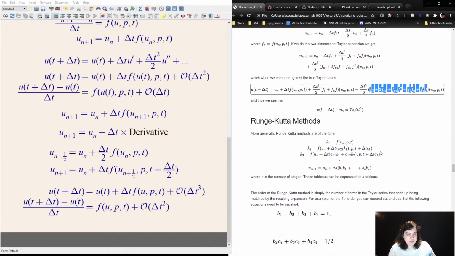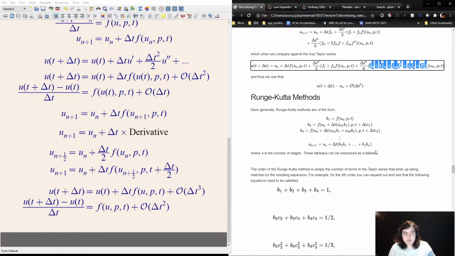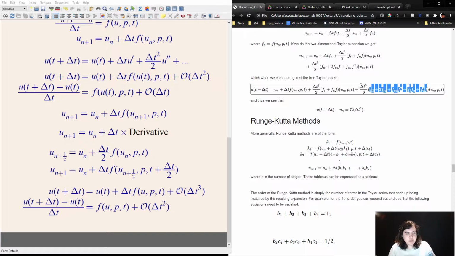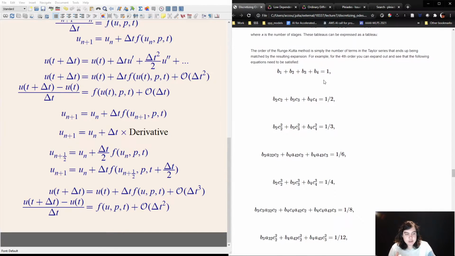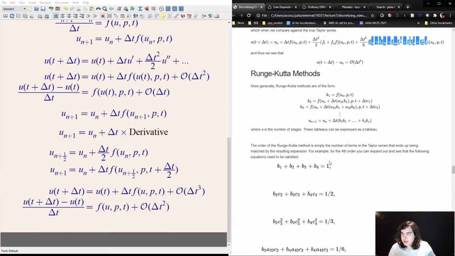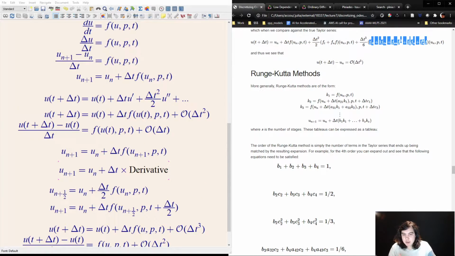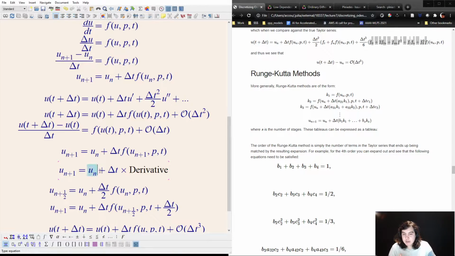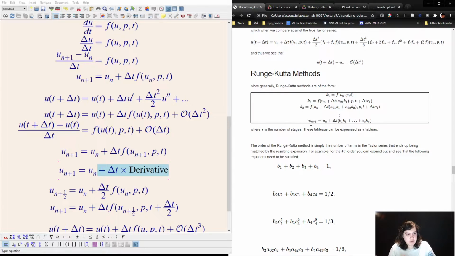So if you do this, for example, for the fourth order, if you want to find out what needs to be true in order to match delta t squared, delta t cubed, delta t to the fourth power, what you get is just a set of order equations. You always need to have that your b's sum to 1. That is the first order condition, and really what it's telling you is that, just like we wrote down here, we want u n plus 1 equals u n plus delta t times a derivative approximation. So this final equation really is u n plus 1 equals u n plus delta t times some linear combination of